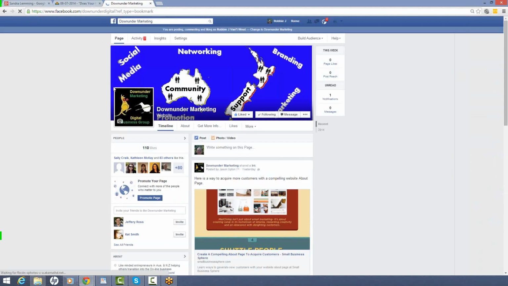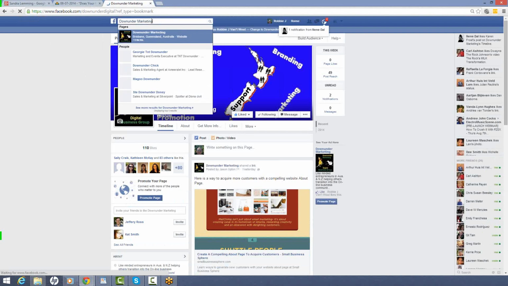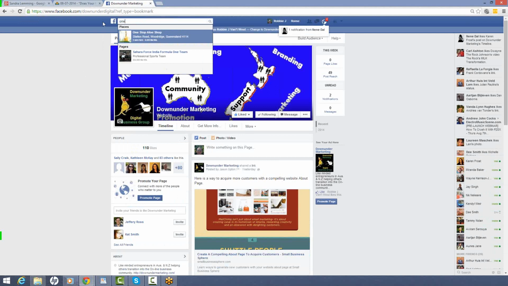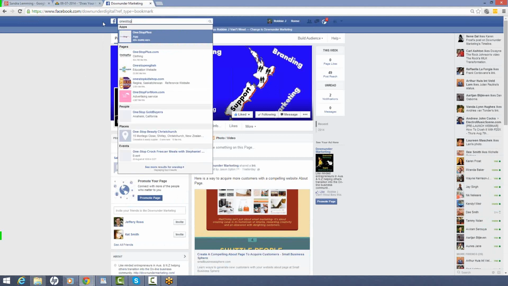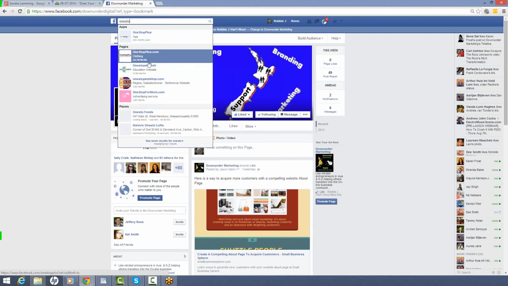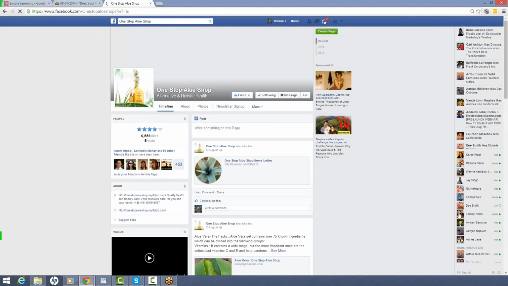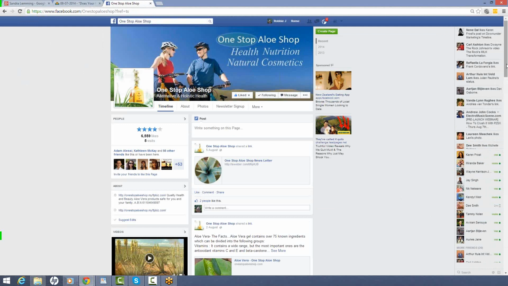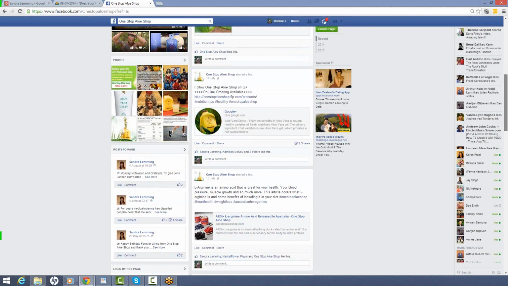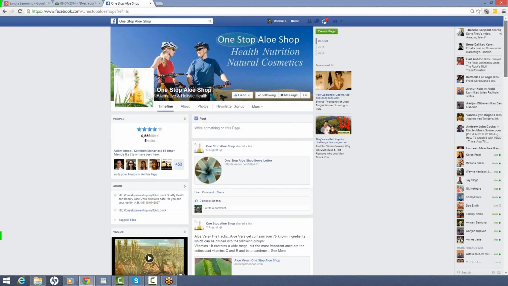Type in One Stop Aloe Shop for me. Yep. There it is. Oh, it was up top there, but you've lost it now. It's separate words on Facebook, Robbie, like there are spaces in between the words. I might not have changed it properly in Aweber, and it might have shared on my... oh no, it hasn't shared there either, but it should be on the Down Under Marketing page. But it's up the top there.